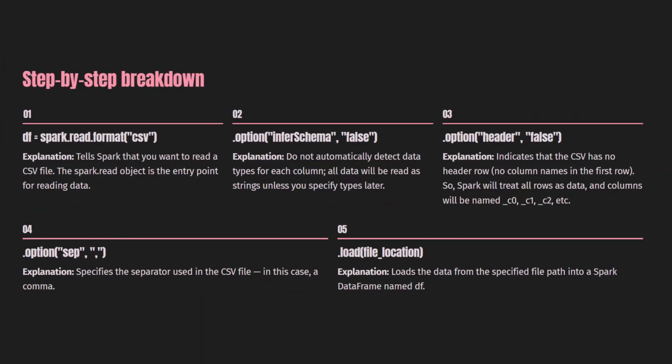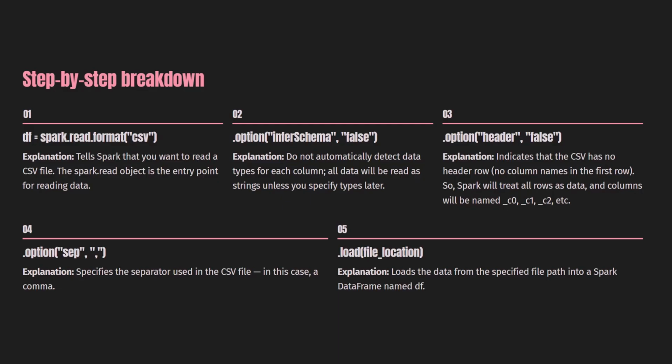This tells Spark that you want to read a CSV file. The spark.read object is the entry point for reading data. The other explanation is for inferSchema set to false. It does not automatically detect the data type for each column, which means all data will be read as strings unless you specify types later. The second option indicates that the CSV has no header row, no column names in the first row,